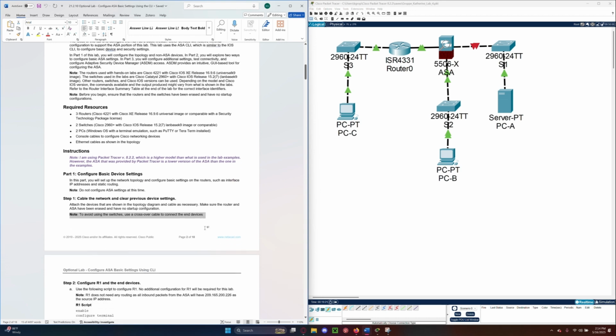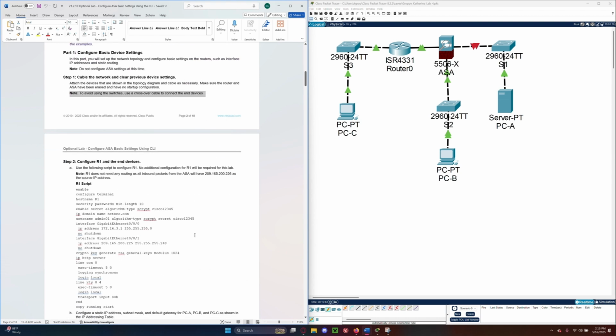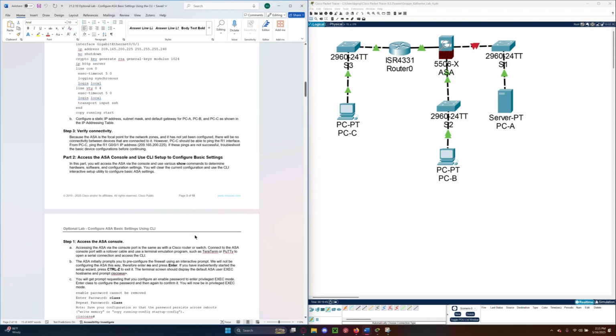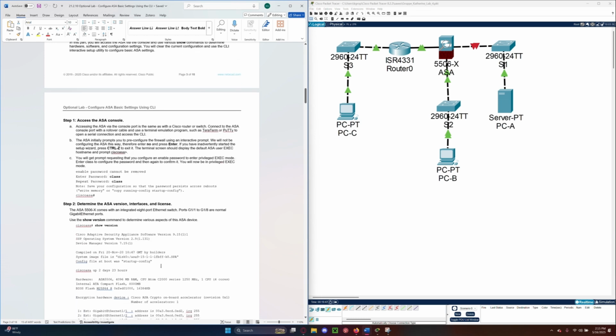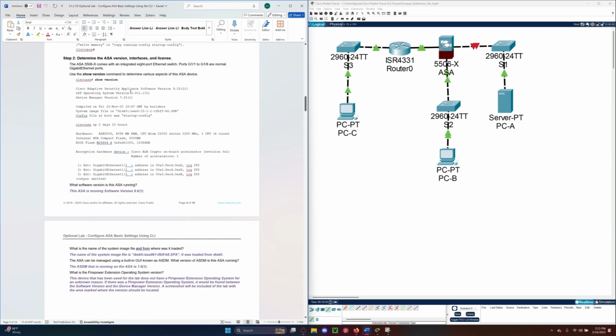I did experience a problem: while I am using a much more recent version of Packet Tracer than the lab has, the versions of the devices in the lab are lower than what is provided in the examples. As you can see here, it says 2.9. My version, well,